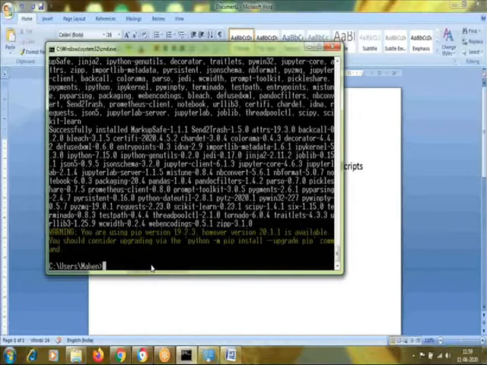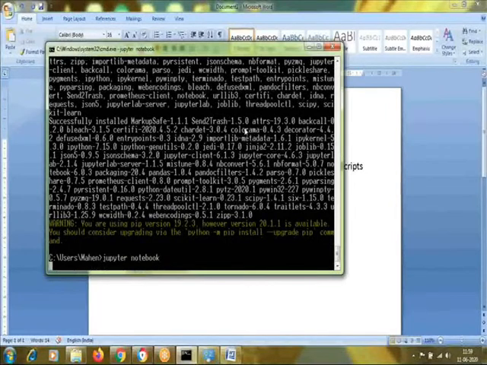Okay. So now we will start Jupyter Notebook. For that, you just have to type jupyter space notebook and then press enter. Jupyter Notebook will start within a few seconds, okay? And it will be opened in your browser, whichever is your default browser. So in that default browser, the notebook will open like this, okay?